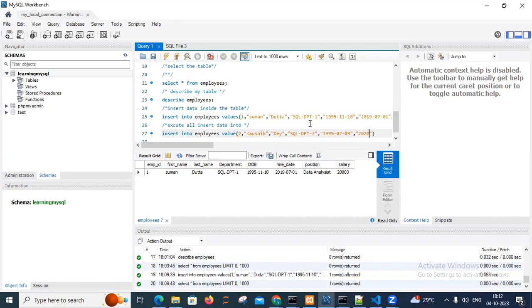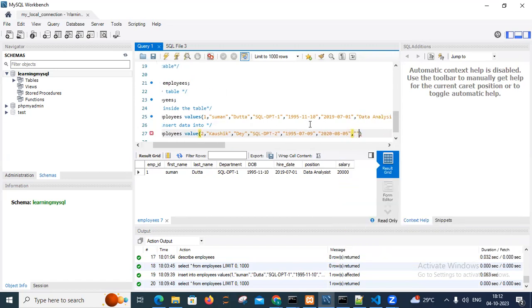Also you can add 0805. Okay, data analyst,